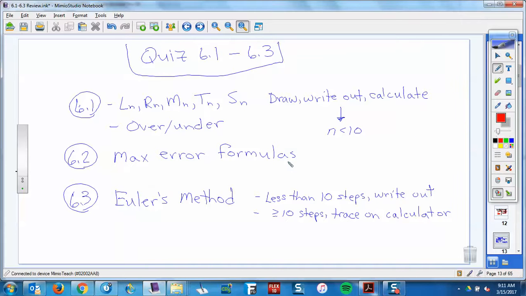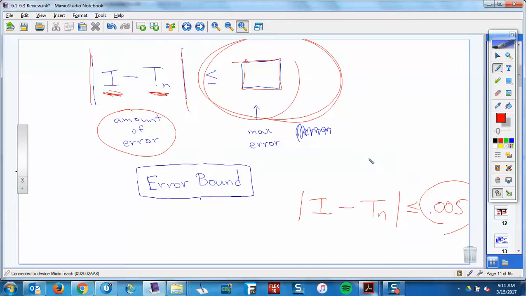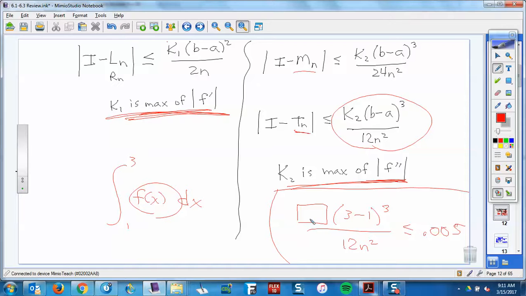Will you be able to get by with just doing a solve for the error? What do you mean, a solve? Like setting that equal to the 0.005. Oh, right. So what I'll be looking for is your K2, whatever number goes in there, and then you'd have 3 minus 1 cubed over 12n squared less than or equal to 0.005. You have that set up, right? I'm going to be looking for that. I want to see what number's in here. But then at that point, you just solve and you get n